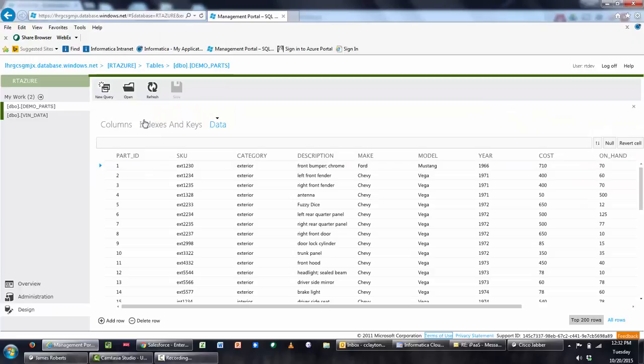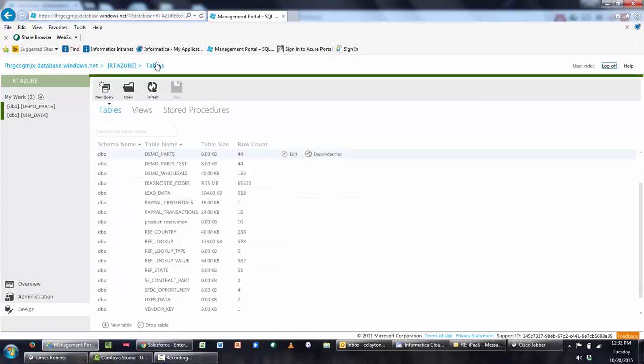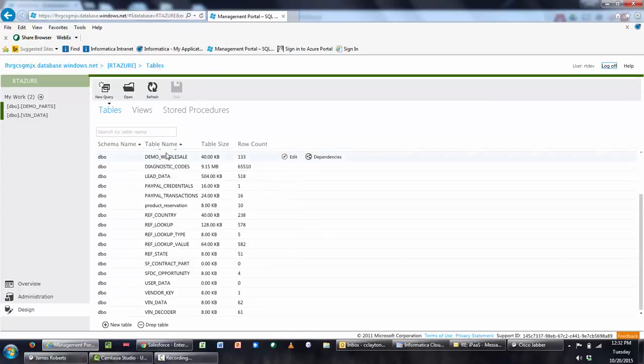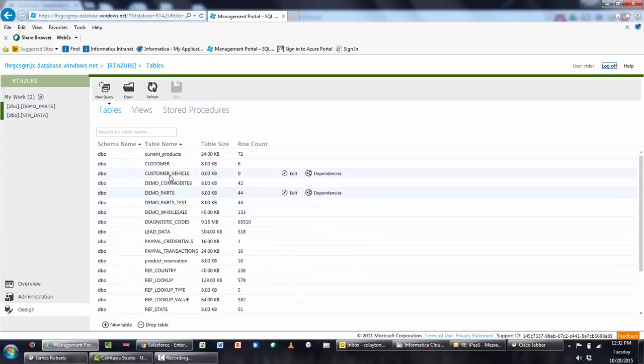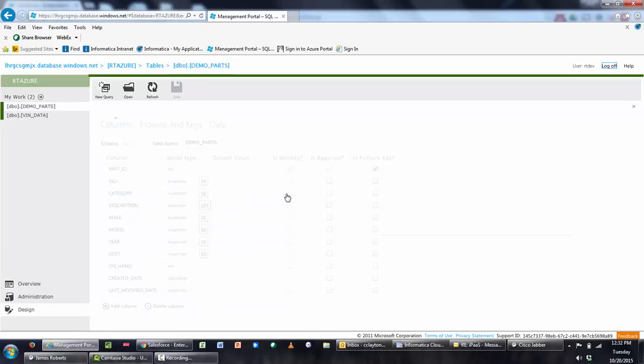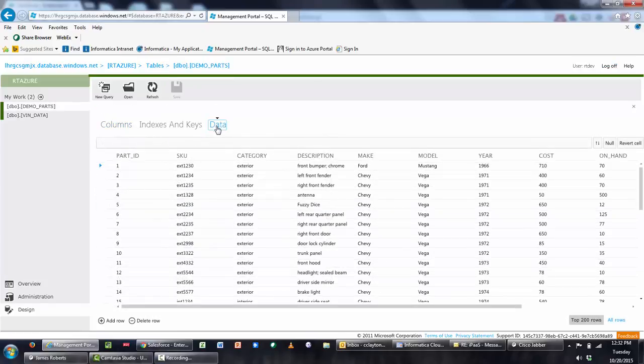We've got our database here. If we look at it, we've got a number of tables that are available. The tables will have various bits of data. For example, this demo parts table, if we were to look at it, has a number of fields, and this is the kind of information that's in it. The goal here is to expose this table as an external object within Salesforce using OData